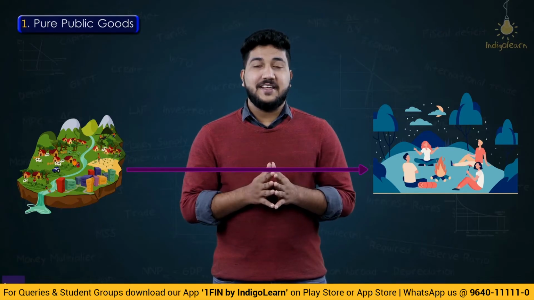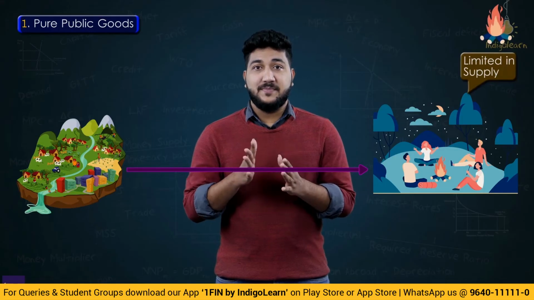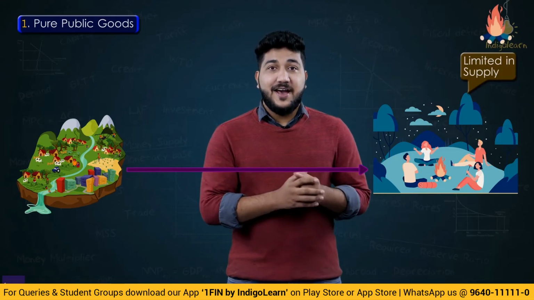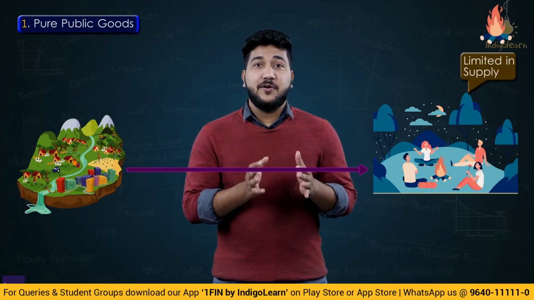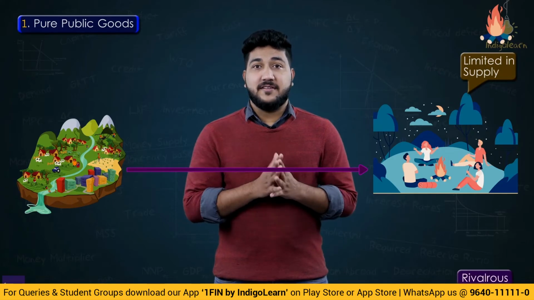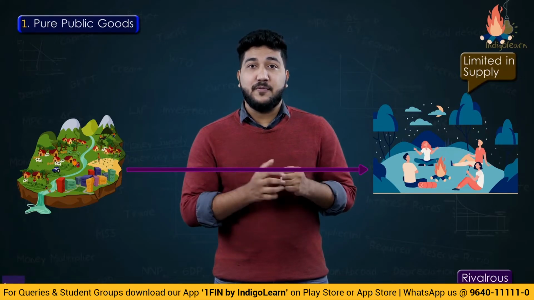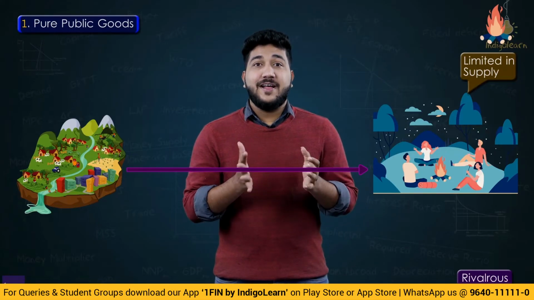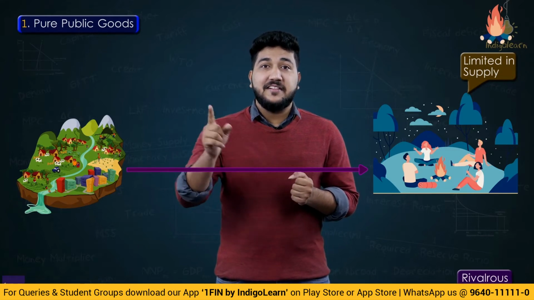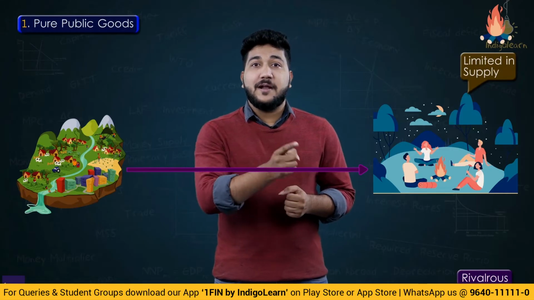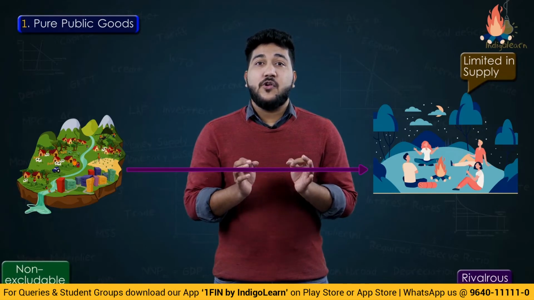Now you have to understand here that the product firewood is limited in supply, which means if one person collects firewood, another person will not be able to collect it. So here the nature of the good, firewood, has become rivalrous. If one person picks all the firewood, the other person will not be able to pick it. At the same time, is it possible for anyone to tell Mr. X, Y and Z in this city that you cannot go to the forest and pick the firewood? Can anybody say that? The answer is no, which means they are